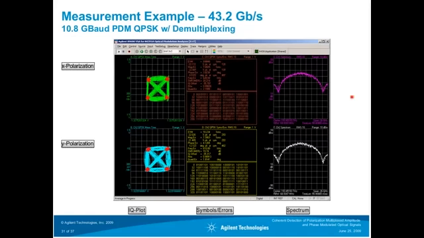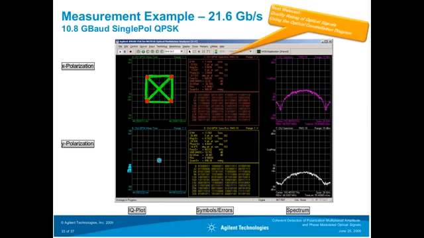But as soon as you switch on the demultiplexing, you get a nice constellation for the X and for the Y polarization. And then, of course, the spectrum remains more or less the same, but in this case, the decoded symbols really have some meaning. And in this case, you can also calculate some statistical data like error vector magnitude, quadrature errors, or IQ imbalance, which are statistical data you can extract from the constellation. So the demultiplexing really solves the problem of getting the original signals.